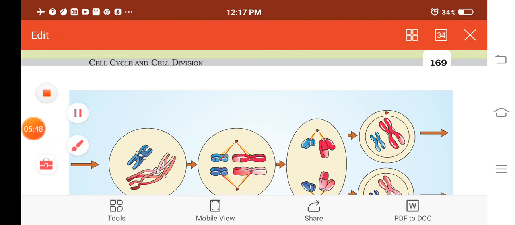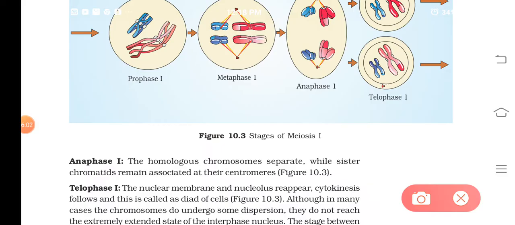So in this way, during the next phase, that is the anaphase stage, you can see the movement of chromosomes due to the shortening of the spindle fibers. From this diagram you can see the homologous chromosomes pair in the center and arrange in the form of pairs, and during the next stage one chromosome from each pair will be pulled towards a pole. This one will be pulled towards this pole and the other towards the other pole. So during which phase? Anaphase.